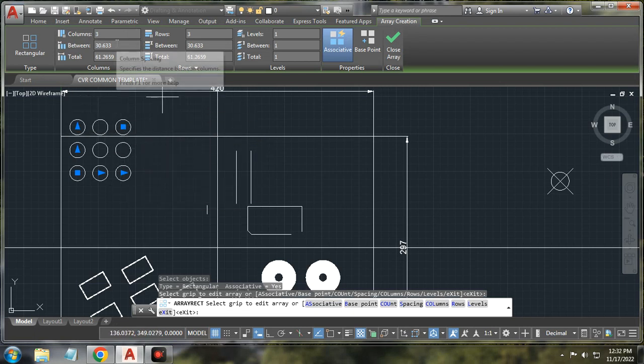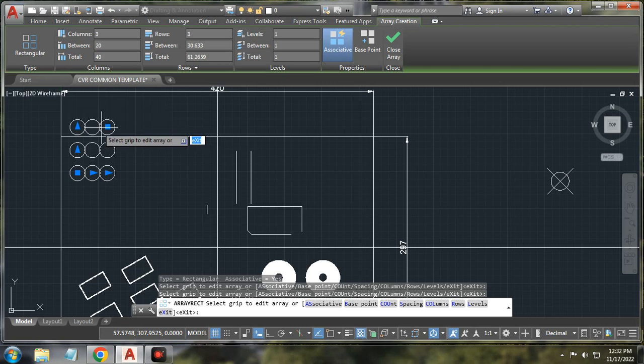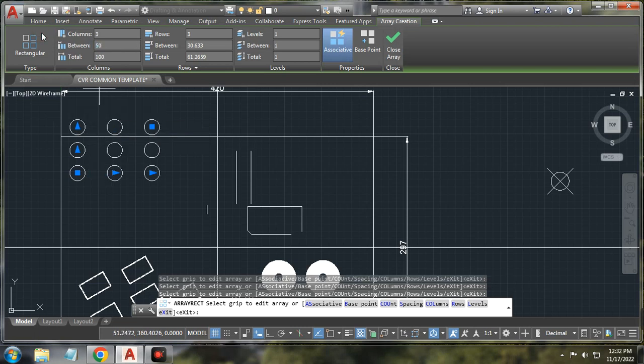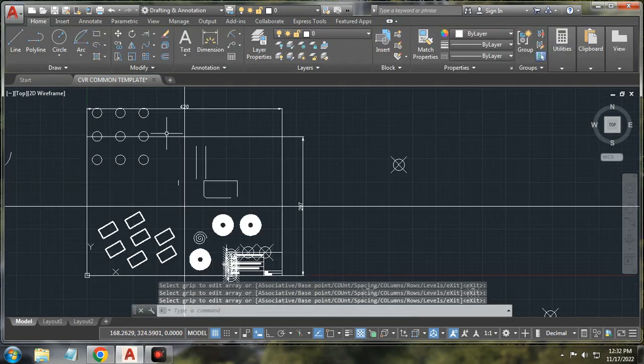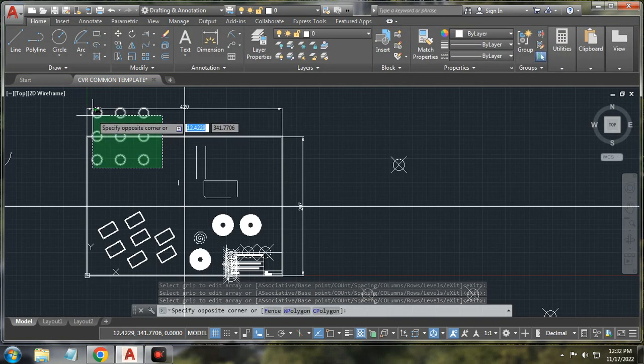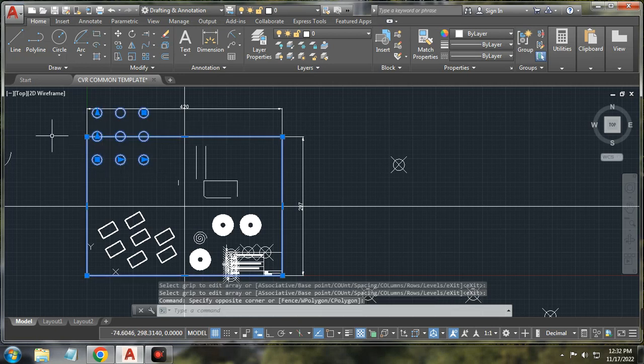And the distance, I can change the column distance between one center and the other center. I want it as 20, for example, so it will come as 20. I want 50, so I'll click enter, so it will have a distance of 50. Between one row and another row I also want 50, so the distance has been increased between them. This is the total. I have to click on close array, so that I can generate the n number of circles. This is called rectangular array. Okay,